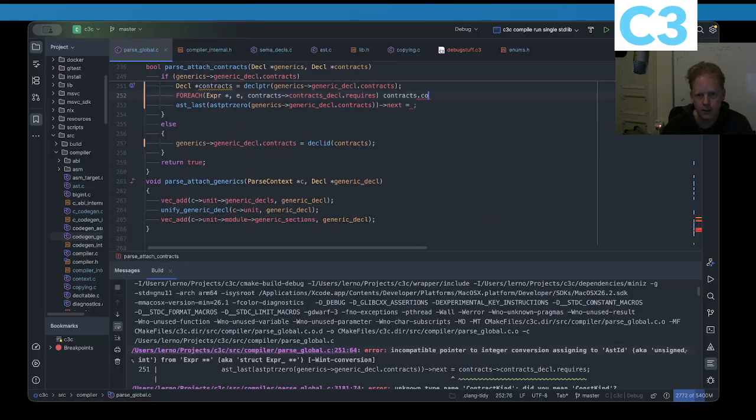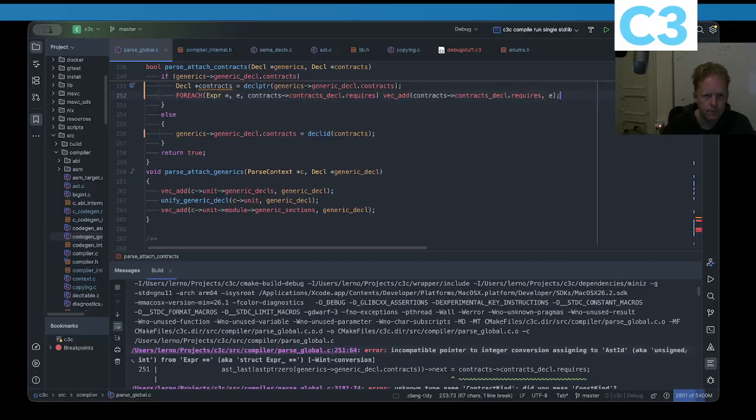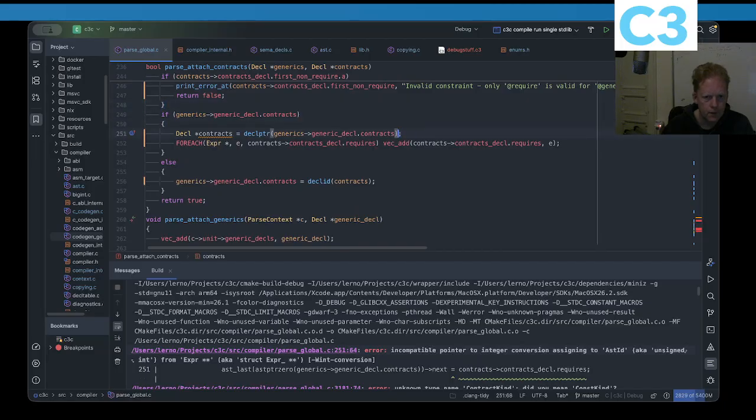Yes, that's exactly what I want to add to somewhere else. That's completely insane. Why isn't this working? Isn't that decal ID? Oh, it's